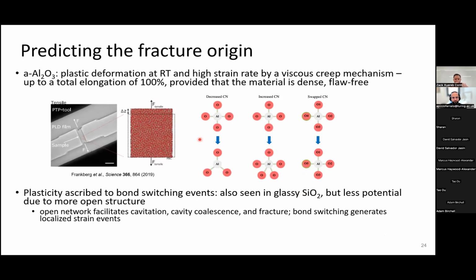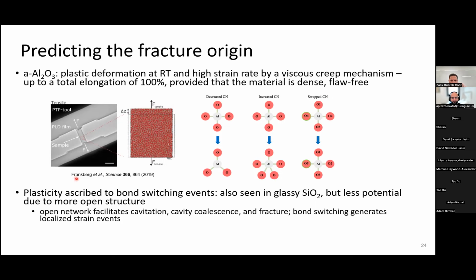So that was the more macroscopic way of how to use these types of machine learning models to predict a material's, in this case a glass's, mechanical properties. We've also been trying to look at it more at the atomic scale and understand what is going on during fracture and how we can understand the dynamics of those processes. And originally our work into that was motivated by this Science paper here, not from our group,